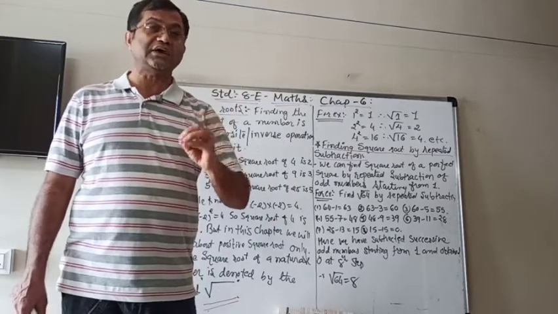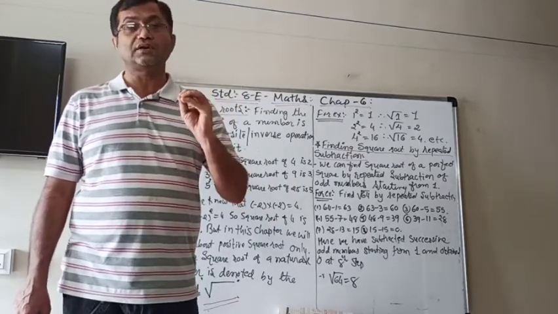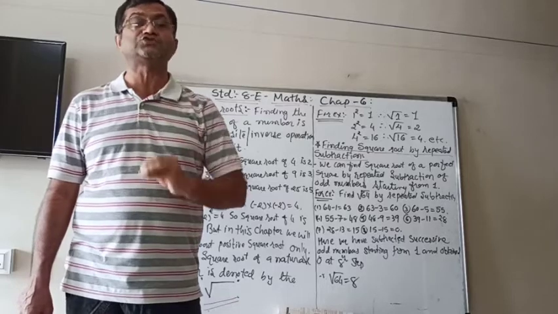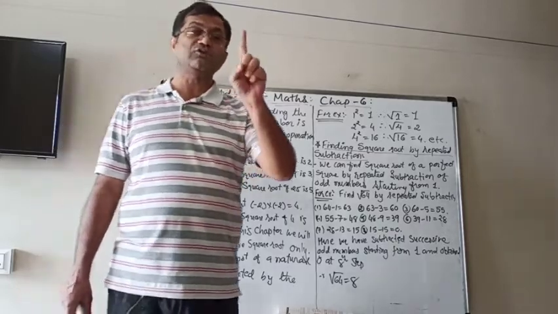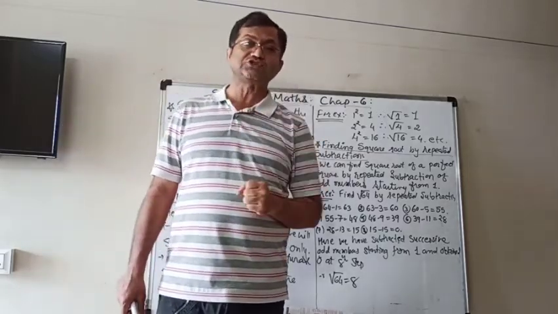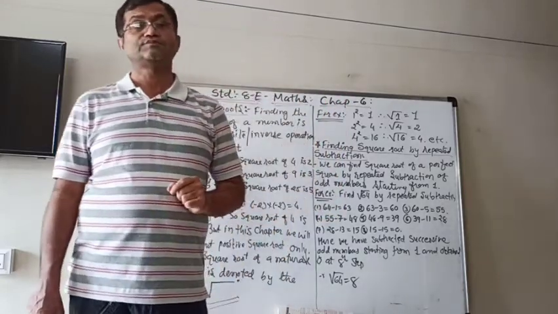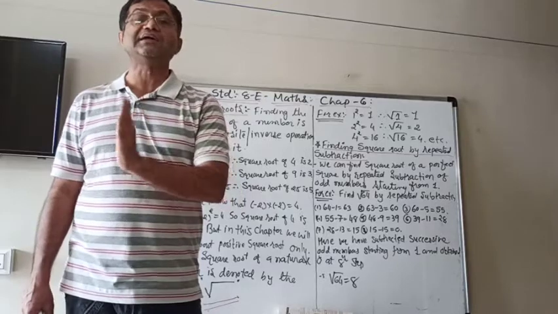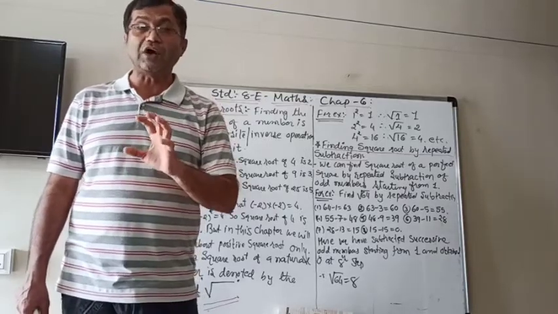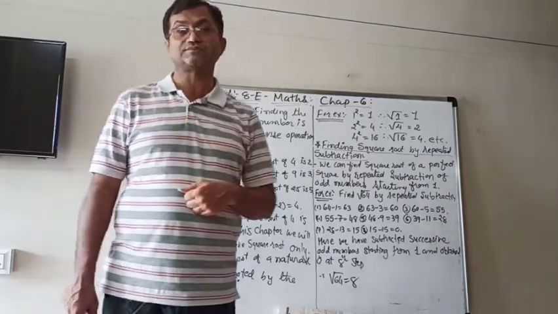And we find out that the sum of odd numbers is equal to n square. It means if you add 1, then it is 1 square, which is 1. 1 plus 3 is 4, that is 2 square. So that was what we were adding. Now what do we have to do? We have to do the reverse thing.